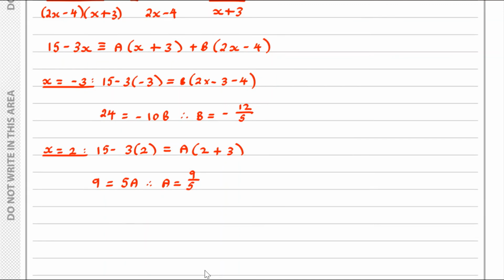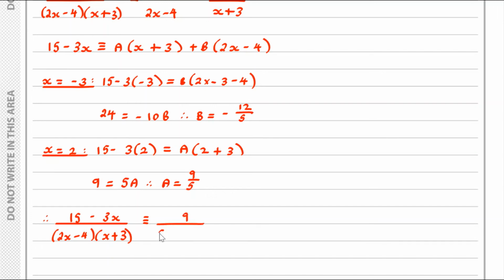And therefore, we can conclude over here that (15 minus 3x) over (2x minus 4)(x plus 3) is equivalent to 9 over 5, so we have